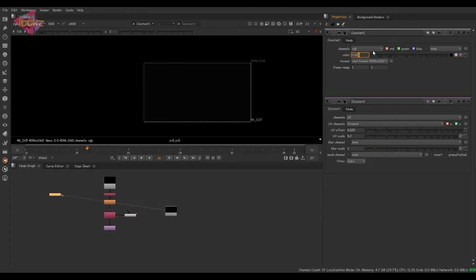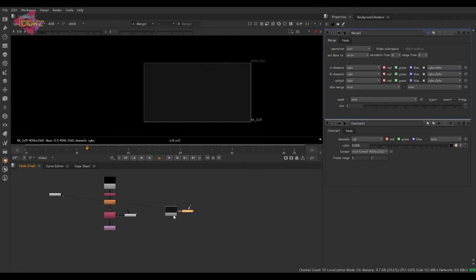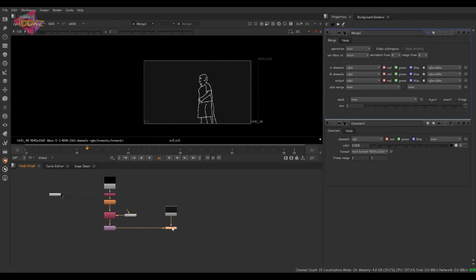Yeah, this works well. So now I'm just going to merge that line drawing into this BG. You can do this simple thing in Silhouette also, but I'm just taking it into Nuke, because if you are willing to do more filter kind of stuff, you can play with a lot of nodes in Nuke. Okay, so here we have the animation in a different BG. This looks nice, right?